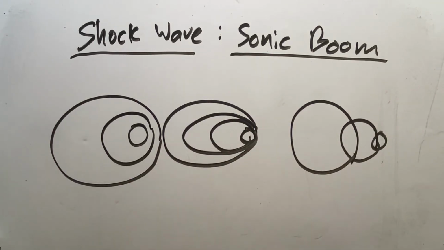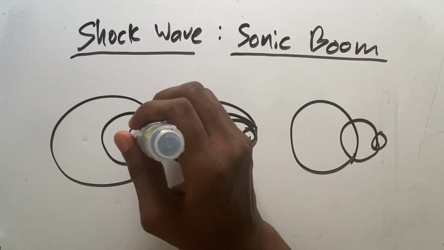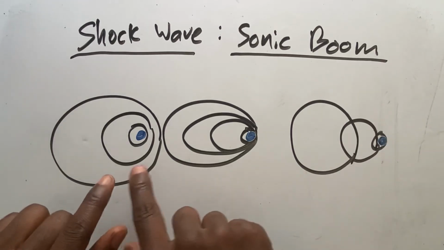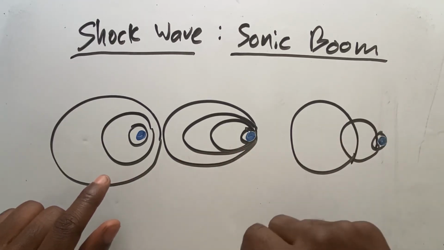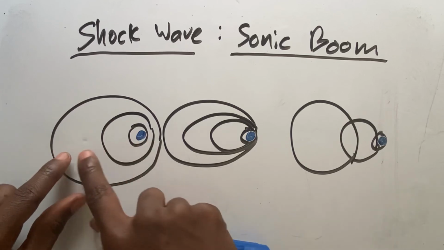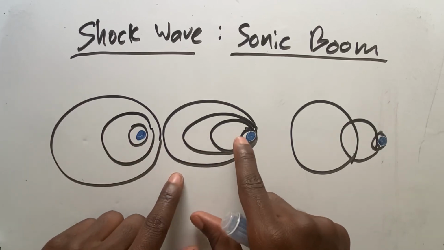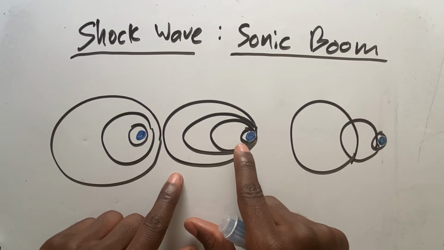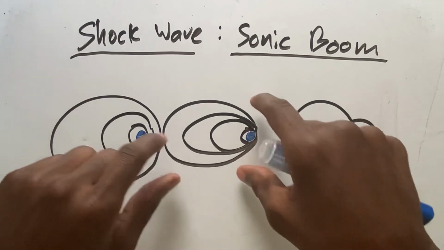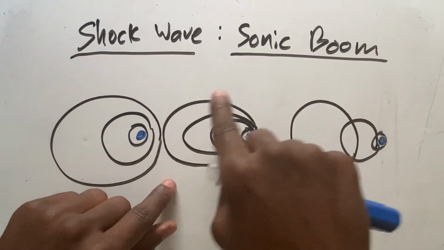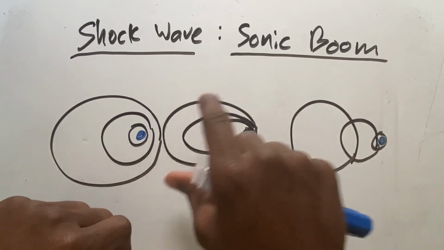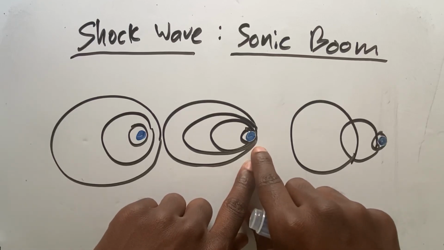All right. So here, you can imagine this is the object inside the inner circle. Here it is here, and here it is out here. This blue dot would be like the airplane, all right? This airplane here is moving pretty fast in air. It's just picking up some speed. Here, it's moving even faster. You can tell because the tail of the wave front, or these circles here that are the wave fronts, is getting stretched out even more. So here it's going even faster.